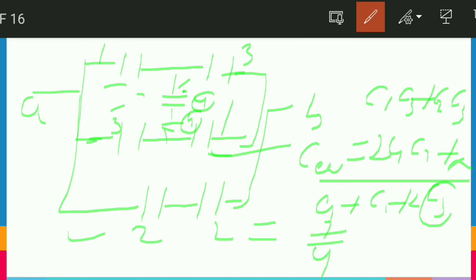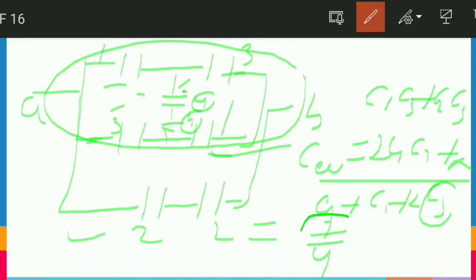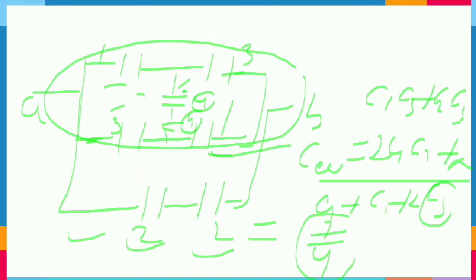7 by 4. So now this has a capacity of 7 by 4, and it is connected in parallel to these two, meaning 2 and 2 farad, whose equivalent is 1. So the final answer will be the parallel of 7 by 4 and 1. So the answer will be how much, friends? Parallel of 7 by 4 plus 1 will be how much? 11 by 4.